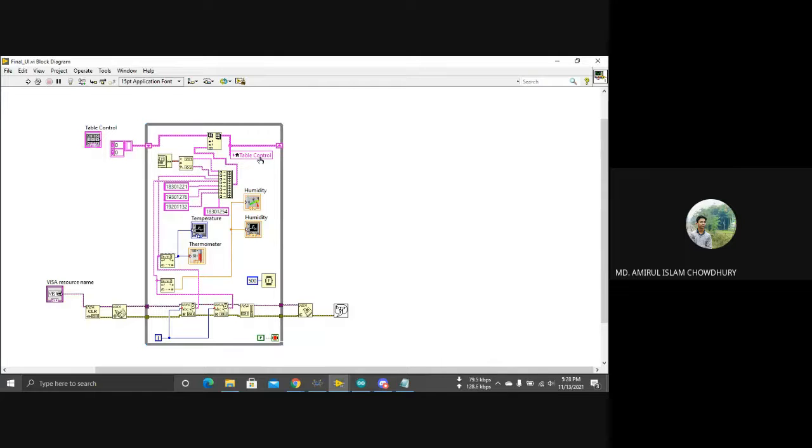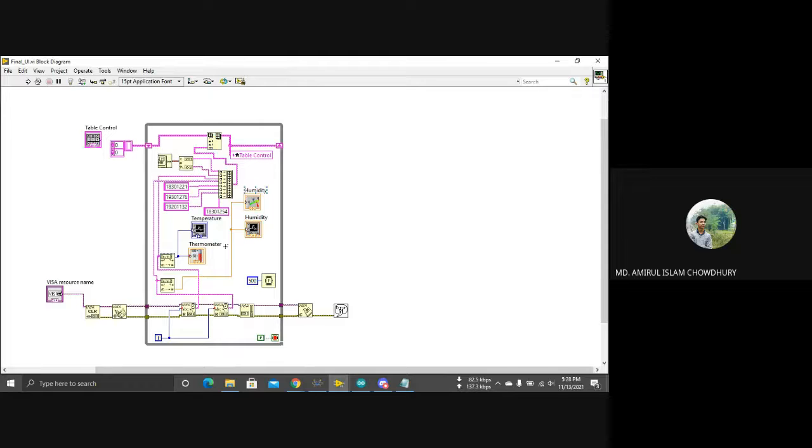Now we will create an insert into array. So go to array, then insert into array and put it over here. This is the shift register, and we had to create it after the while loop. This is the string constant, and we had to put the string constant into the array constant and make it 2. We had to connect this thing to this one. Now the array will update or go to the next line after each iteration, and the output of the array will go to here and also complete the shift register part.